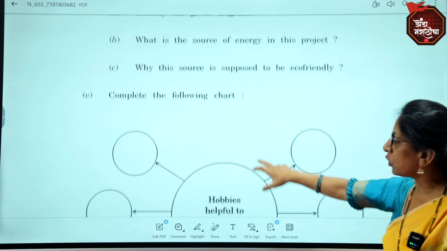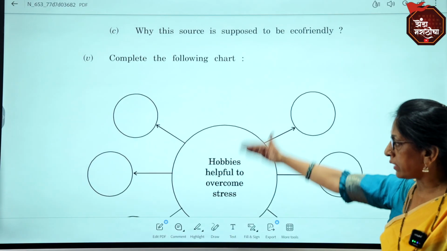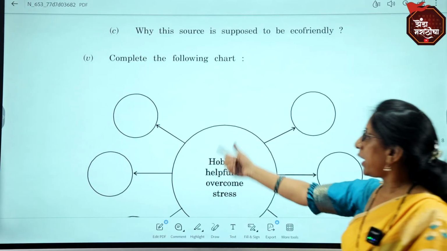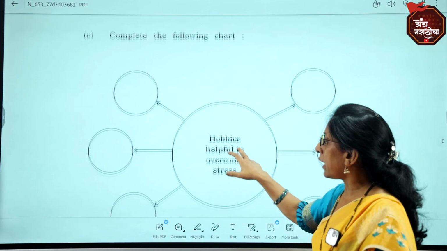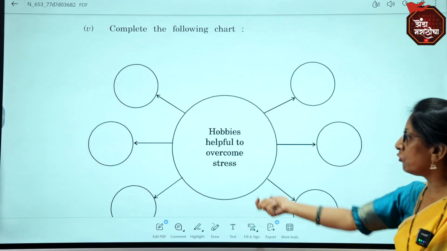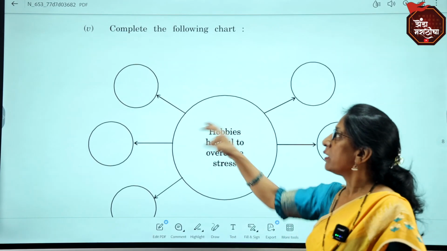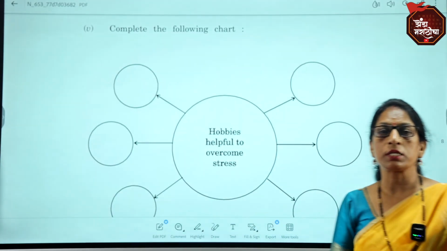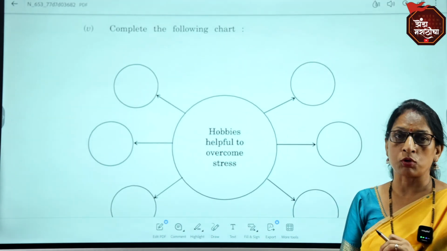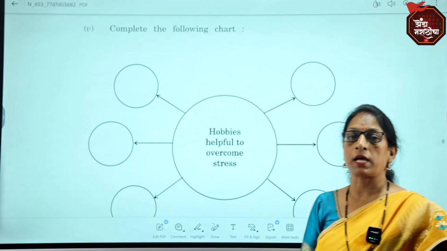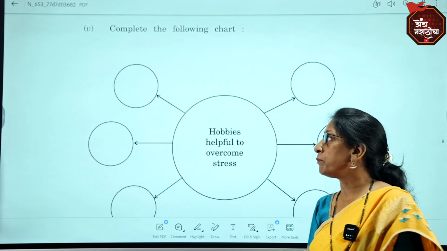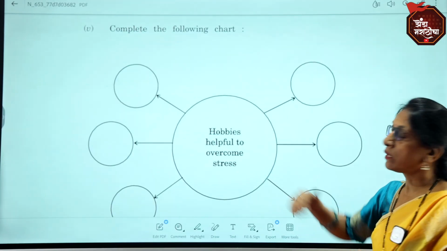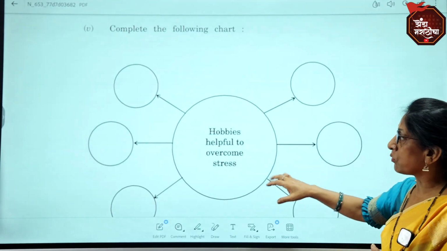In the same way, you have to draw this in your notebook, in your answer sheet, properly, and then write this way: the hobbies help overcome stress. Again I am saying, students, don't change the order of the questions in the paper, and you should be precise with your answers. While attempting this question paper, in question number 1,